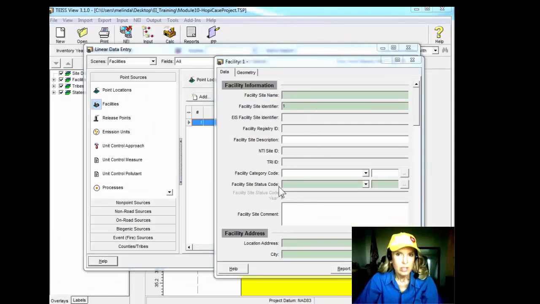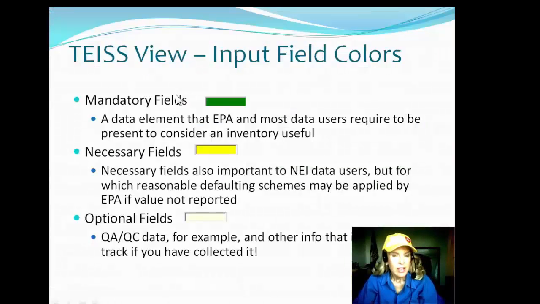Now, when this panel opens up, you notice the different colors of the fields. Looking at the slide, the mandatory fields are in green. That's a data element that EPA and most data users require to be present to consider an inventory useful. So it's mandatory for you to enter information into the green fields. The necessary fields are necessary to NEI data users. And if you ultimately upload your data into EPA's national database, they may fill in the yellow fields, and the